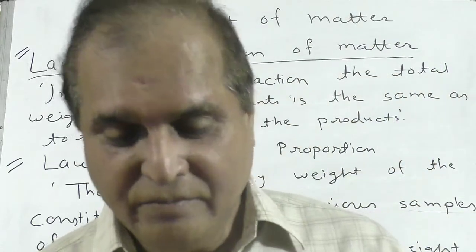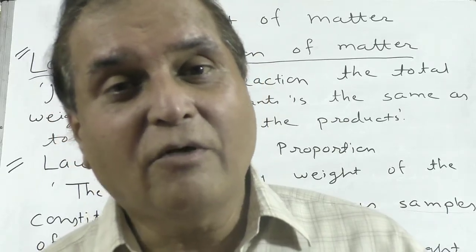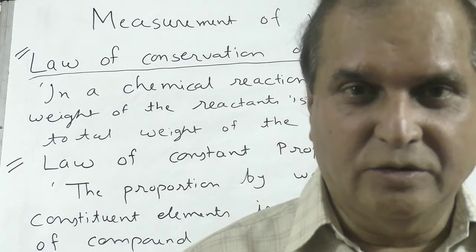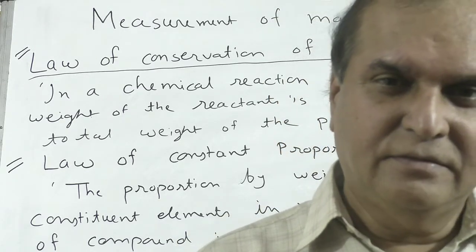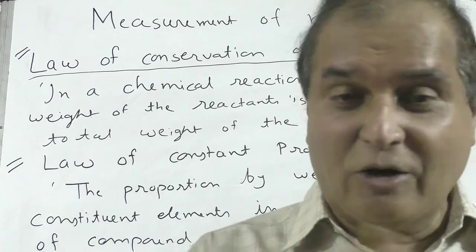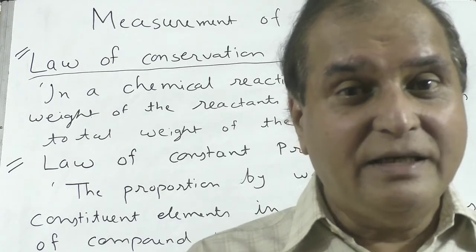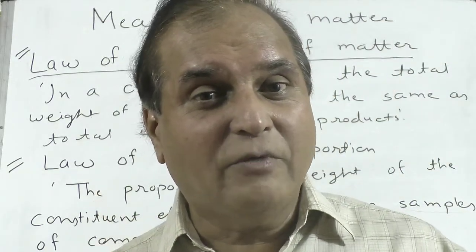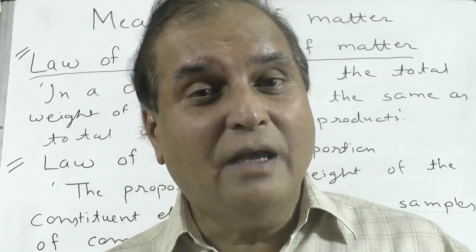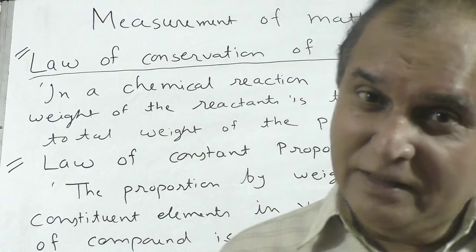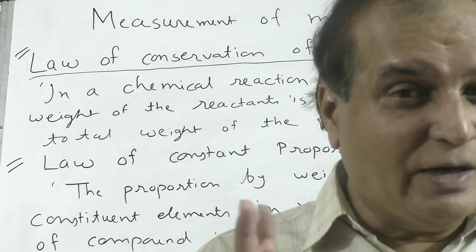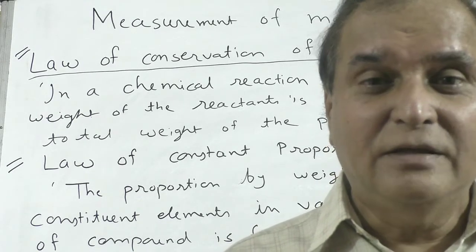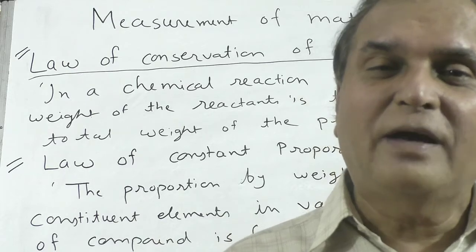Not all are there. One more law is the law of constant proportion. In water, H2O, the proportion of hydrogen to oxygen by weight, and not by volume, is fixed at 1:8. So 1 gram of hydrogen reacts with 8 grams of oxygen to form 8 plus 1, 9 grams of water. 5 grams of hydrogen, into 8, combines with 40 grams of oxygen to form 5 plus 40, 45 grams of water.